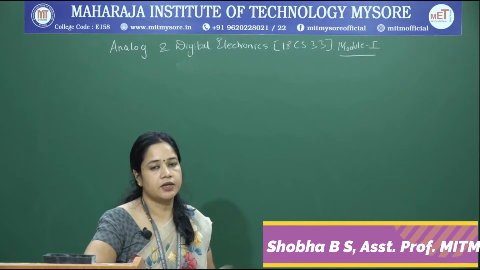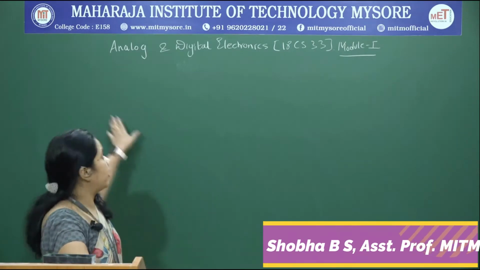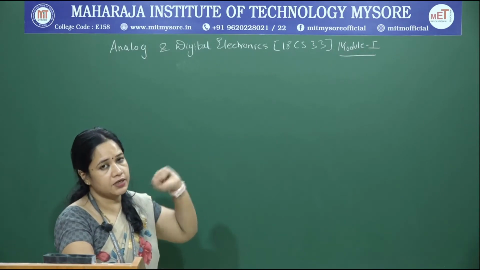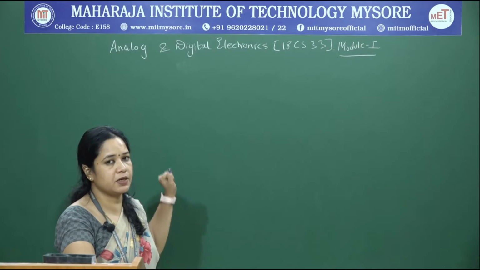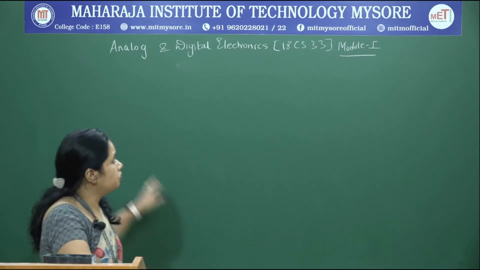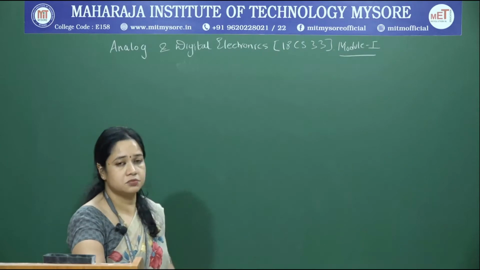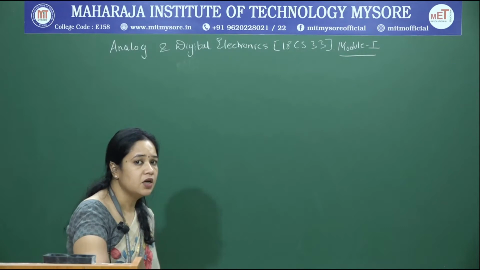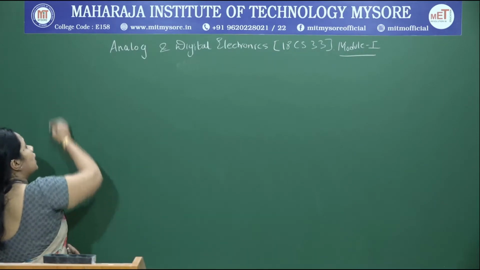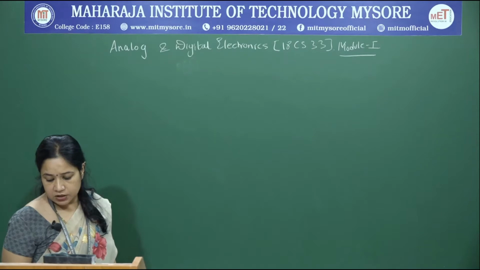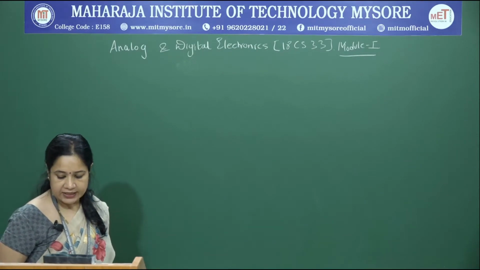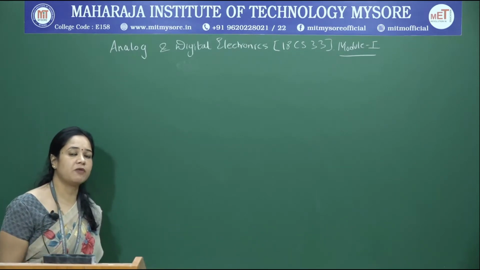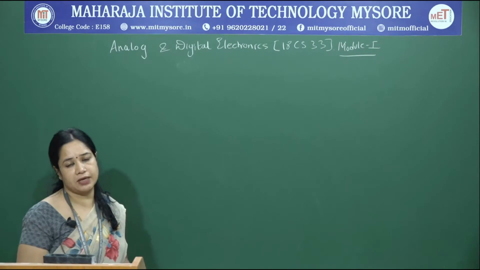As discussed in the introductory session, you are aware that module 1 covers topics of analog electronics, and the rest of the modules have topics picked up from digital electronics. So, we will have a quick look into the topics to be discussed under module 1. Under module 1 you are referring to chapters 7, 4, 17 and 13 of your prescribed textbook. Four topics have been picked up from four chapters of your prescribed textbook, and the